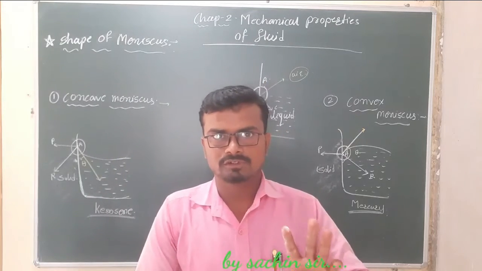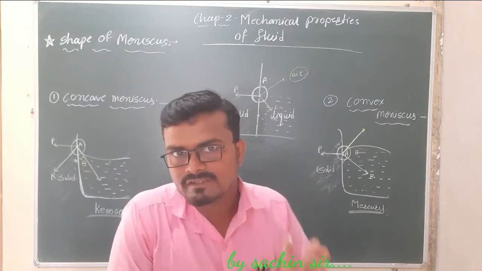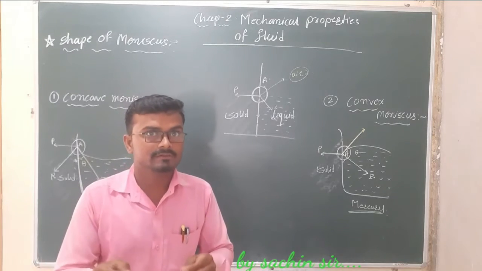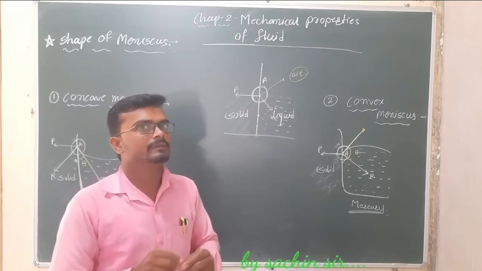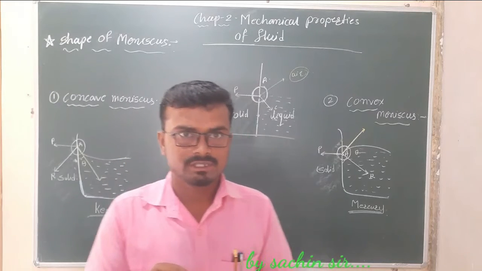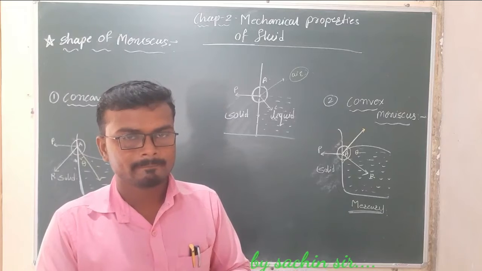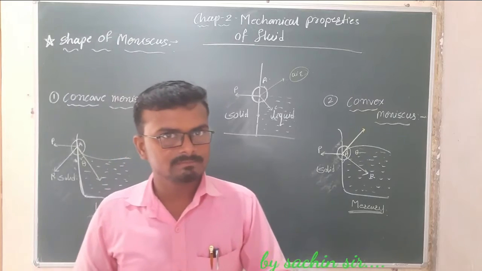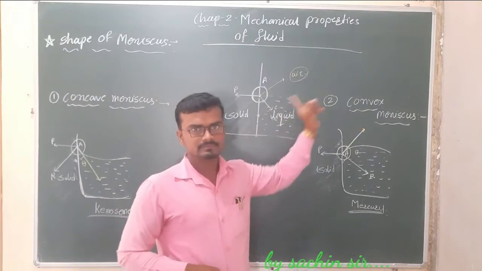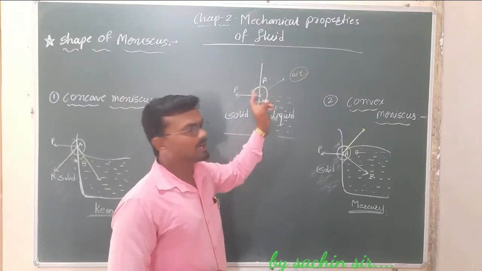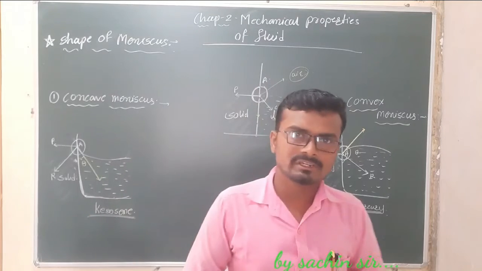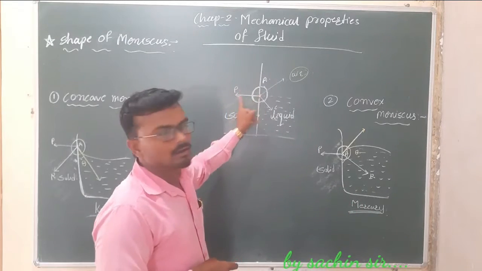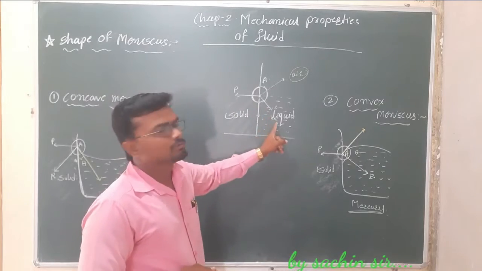These four forces act on molecule A, which is a liquid molecule in contact with a solid. The first is the gravitational force, which is negligible due to the low mass of the molecule. The second is the adhesive force between the air and liquid molecules, which is also negligible because of the low density of air. The third is the adhesive force between the solid and liquid, and the fourth is the cohesive force